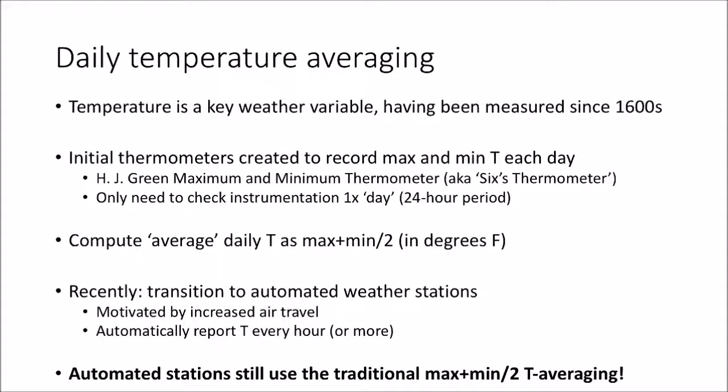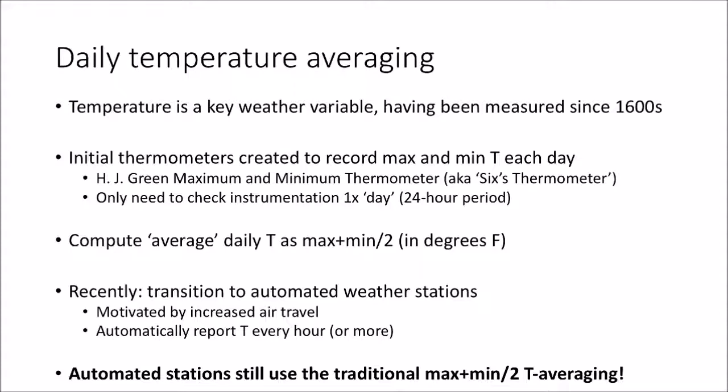And we know in recent decades, we've transitioned away from the old school manual handwritten observations to using automated weather stations, measuring temperature around the clock, sometimes every hour, and more recently, data being recorded at the minute or even seconds interval. Initially, this was motivated by increased air travel, so a lot of the important weather stations are at or very near major airports, because weather conditions and forecasting go hand in hand with being able to successfully fly planes.